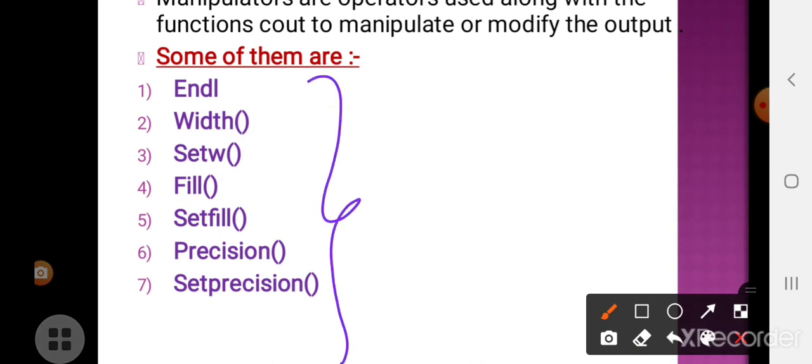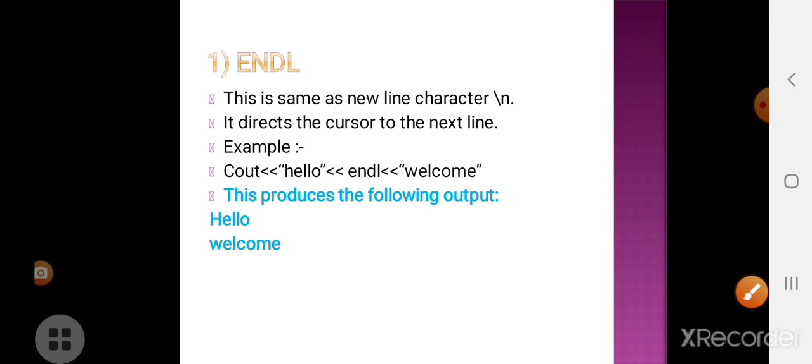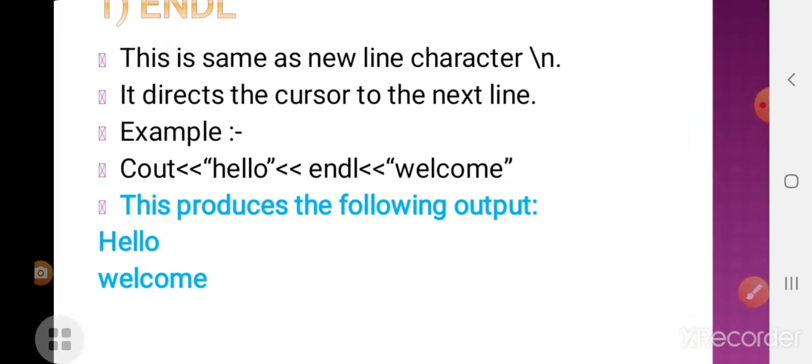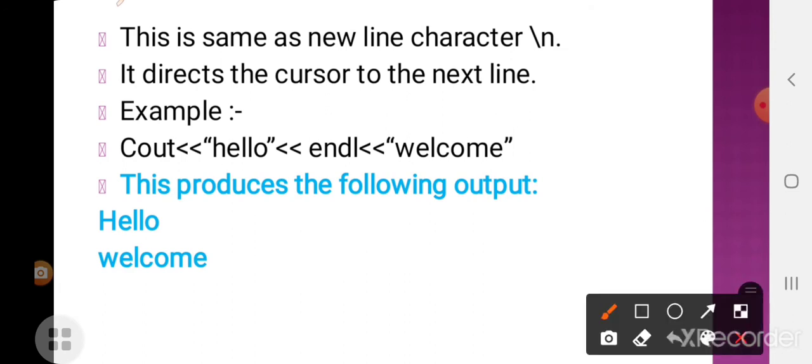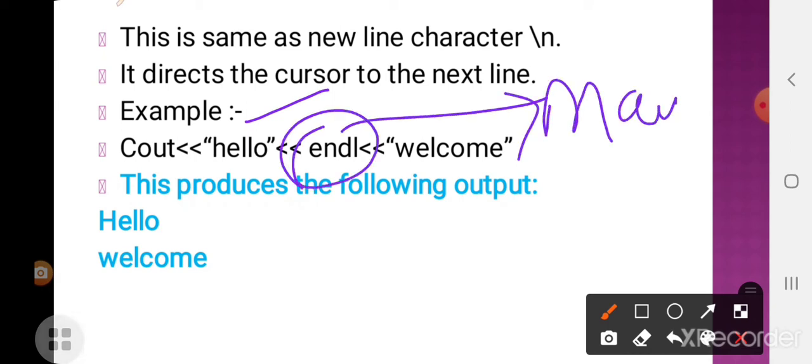So first one is endl. As I discussed earlier, endl is the same as the new line character. It directs the cursor to the next line. For example, if you are using two output statements, cout hello and endl, I am using here. This is a manipulator. What this manipulator does is redirect the cursor, so the cursor will be blinking on the next line.